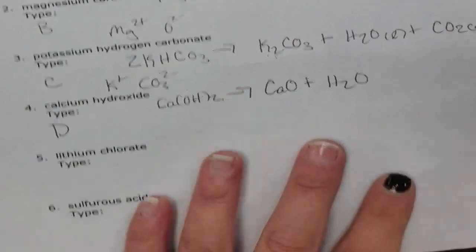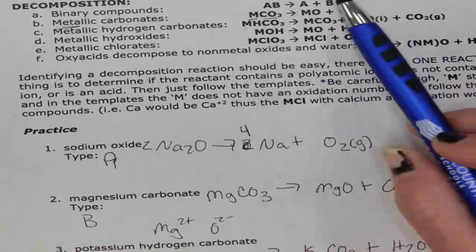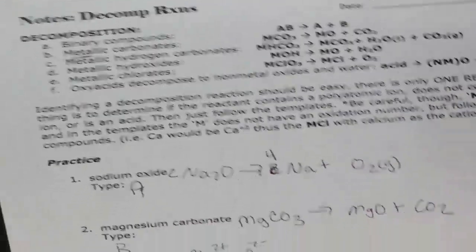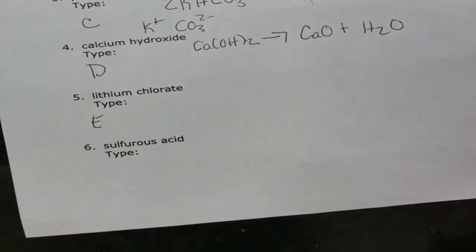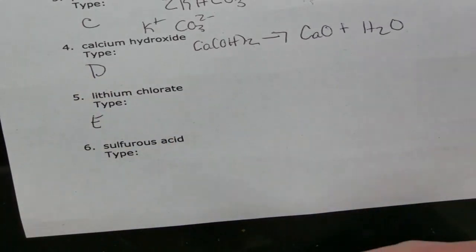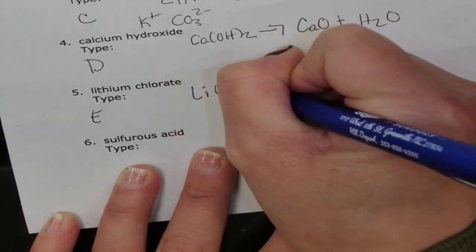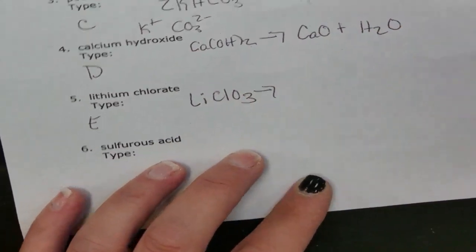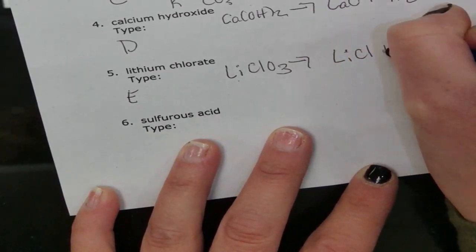All right, lithium chlorate. Lithium chlorate is a type E reaction. Now, you'll be provided your reference table, so you don't have to memorize all of this. All of this is on your reference tables, and you can refer back to your reference tables on all of our assessments. You'll always get a copy of those reference tables. So when I write lithium chlorate, LiClO3, what do my reference tables tell me? A metal chloride. So in this case, the metal is lithium. So that's going to be lithium chloride plus